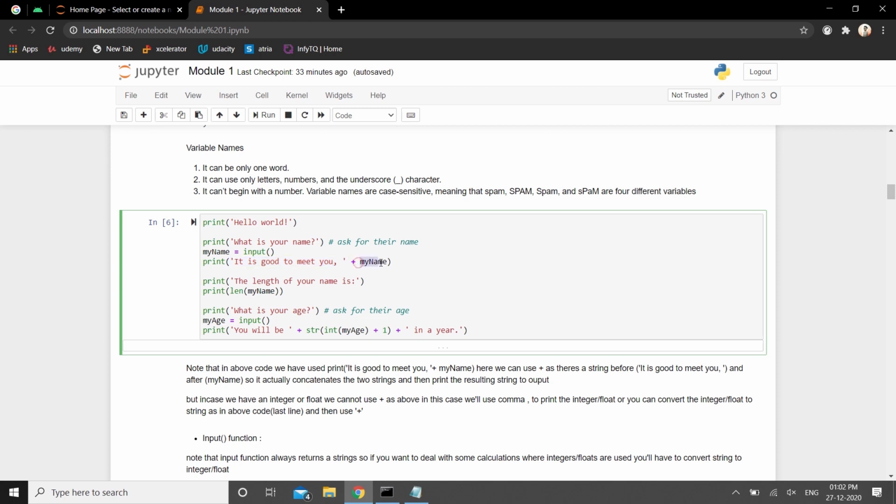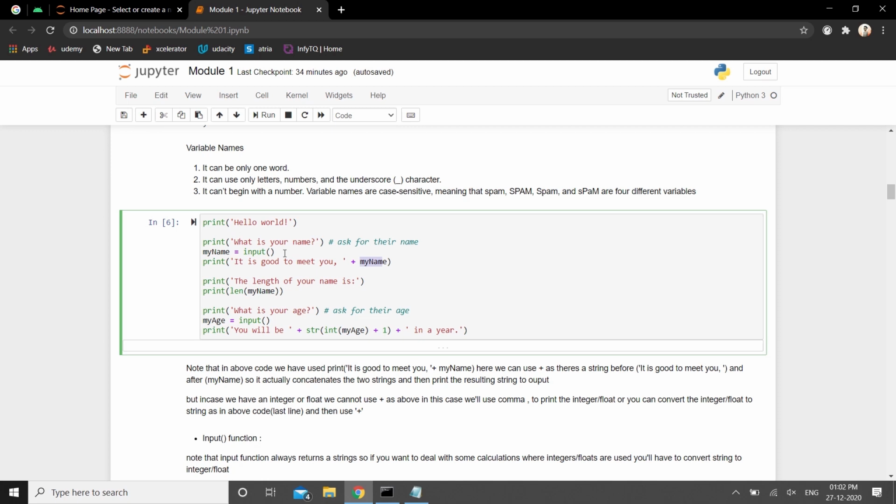So the variable I'm passing here as a second operand to this plus should be of type string. I cannot concatenate any integer value or a float value to a string. If you try to do that, you will get an error. Since my name is going to be a string, and the input function by default returns a string no matter what you